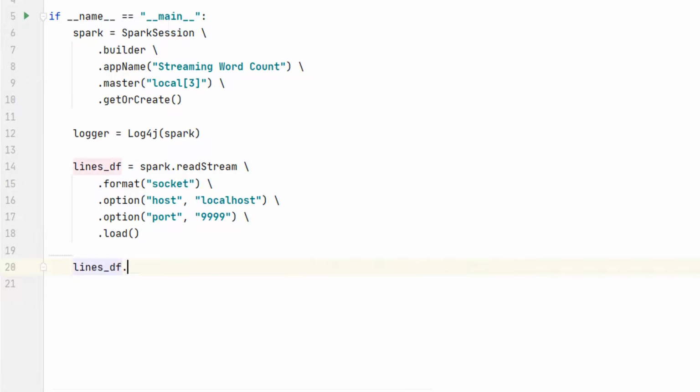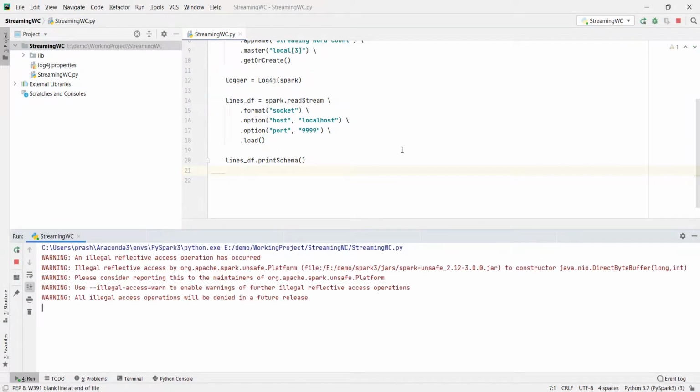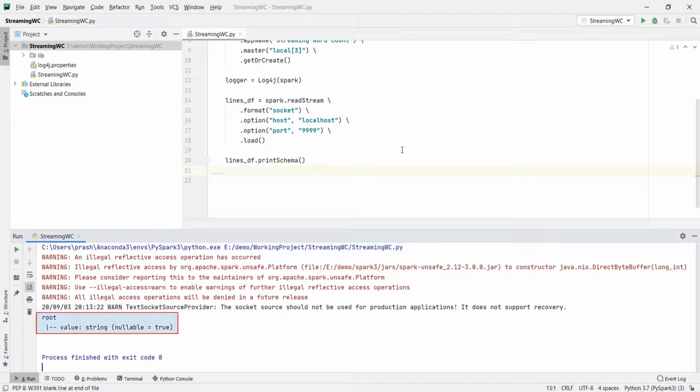Let's print the schema and run it. So here is the data frame schema. I have a single string field and the column name is the value. That's good to start my word count transformation. Let's come back to the code.